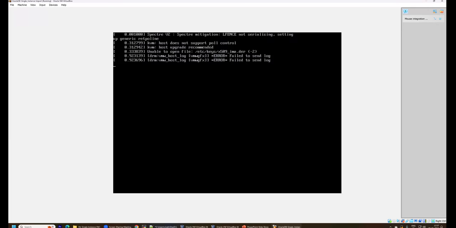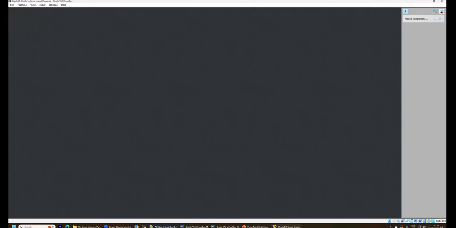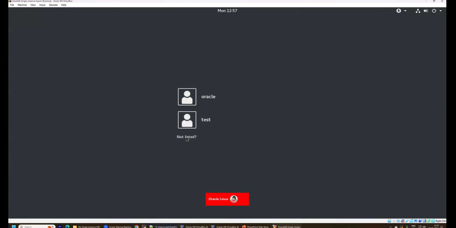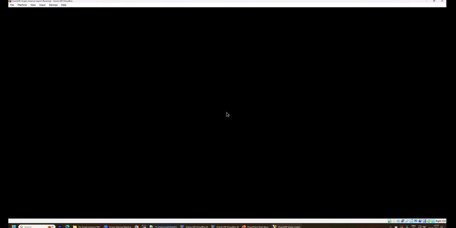So while it is getting started for the first time, you have to be a little patient, and sometimes it takes a bit of time. Then you just have to wait on this. So now we have different users available here. You can try to log in with the root user for the first time and see the details. So once you log in with the root user,